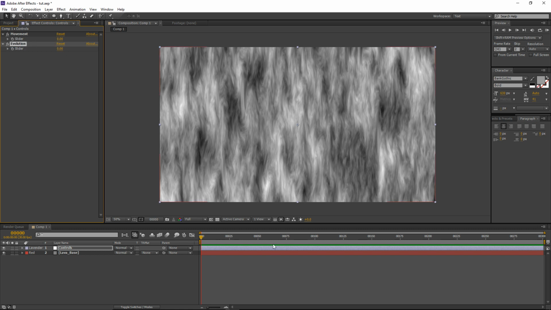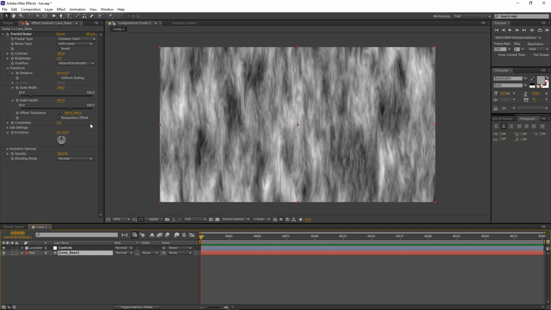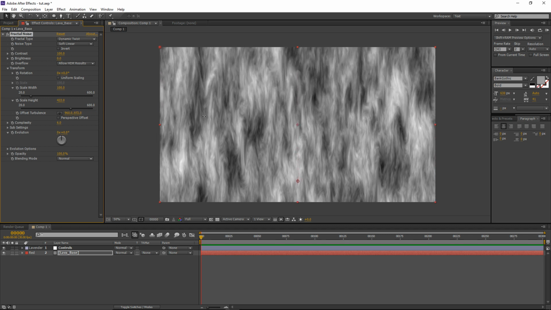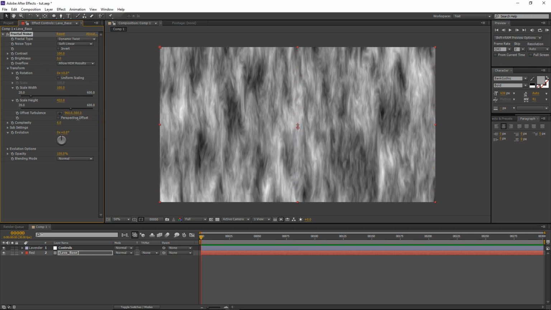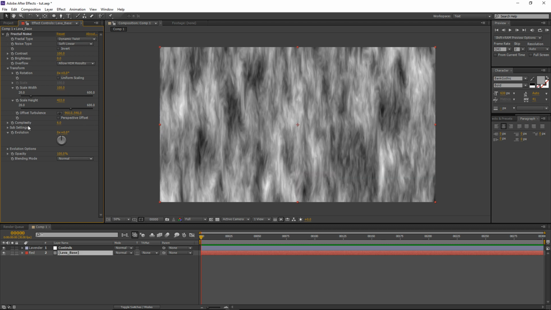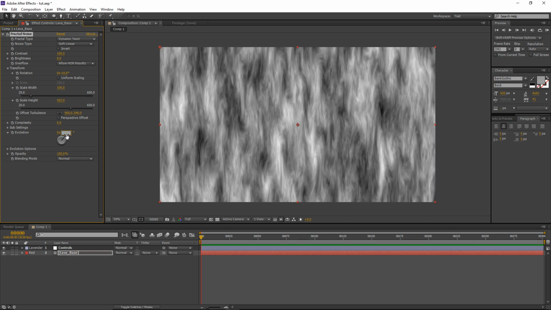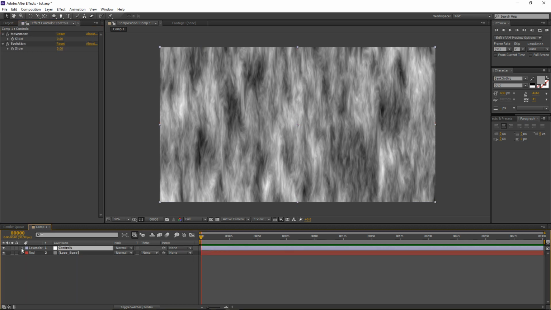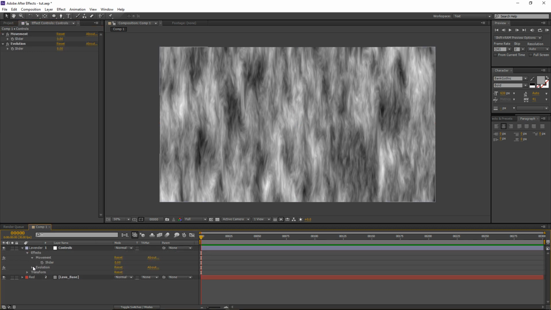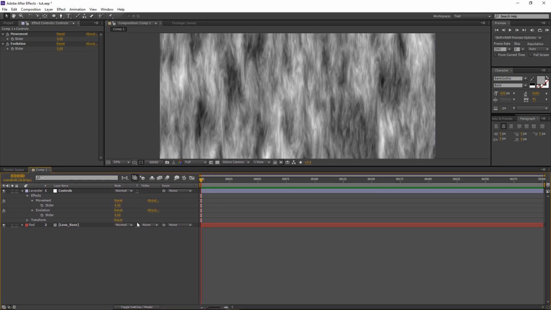Alright, so here's what I'm gonna do. I want to link this second value of the offset turbulence. You can see as I scroll the second value, we are creating that downwards movement. And also I want to be able to control through my adjustment layer the evolution value, which creates this nice animation. Let's prepare our effects. I'm just gonna drop down our slider values so I can later use these values,